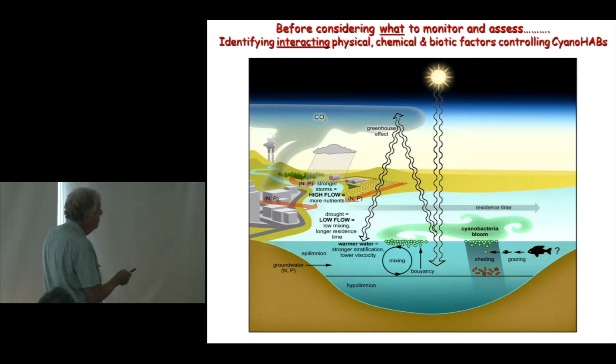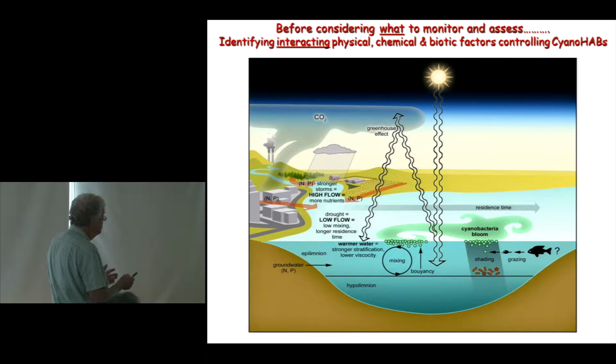The residence time is very important. That is the rate at which fresh water that enters the system leaves the system, because actually cyanobacteria are fairly slow growers. So in systems where the residence time is increasing due to either water use or droughts or climatic impacts, that will favor cyanobacteria because it allows them to catch up with other organisms in terms of growth rates. So flushing, for example, is extremely important in terms of minimizing the dominance by these organisms as well.